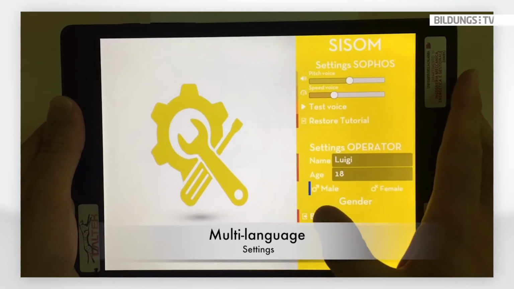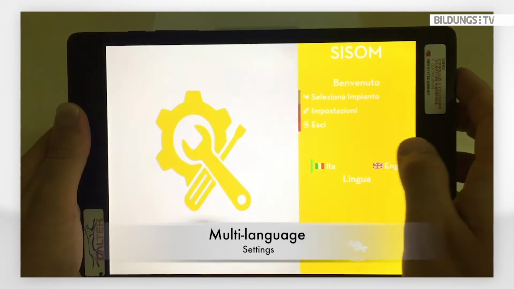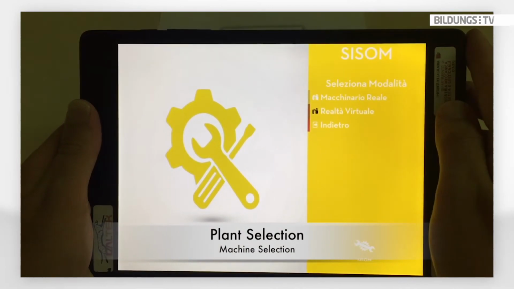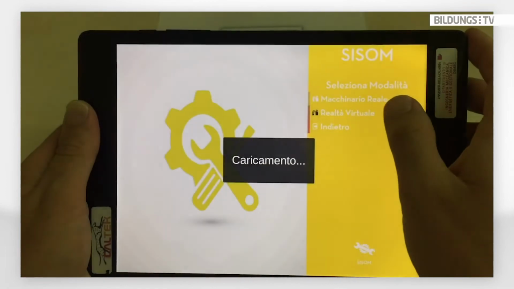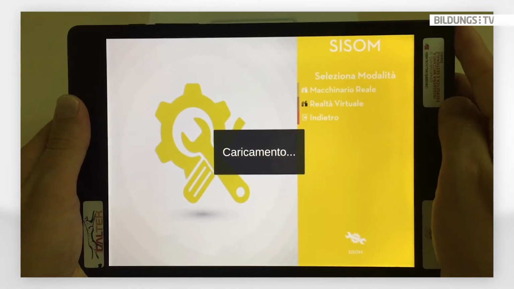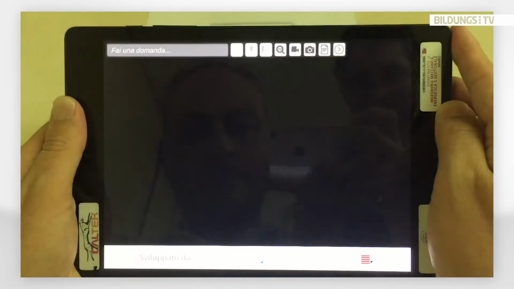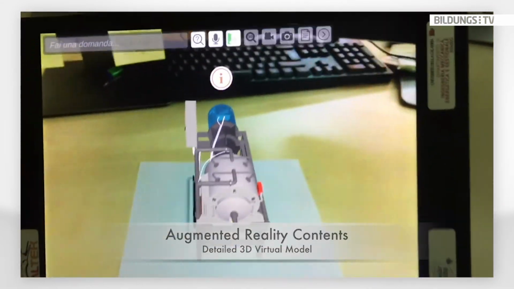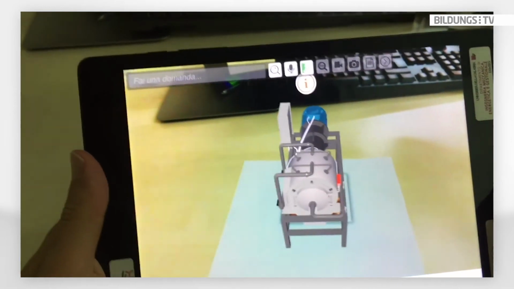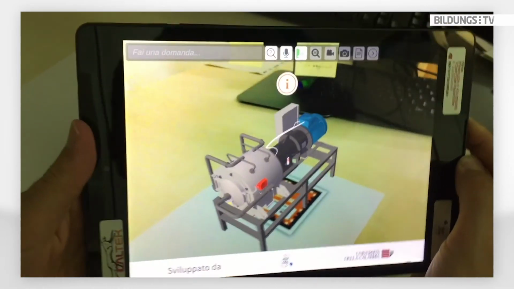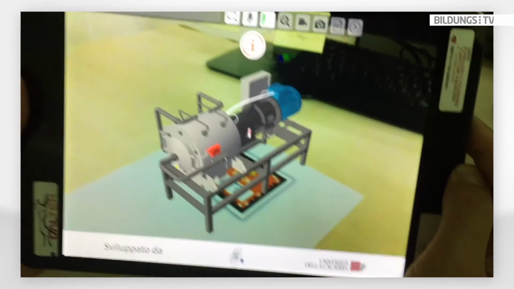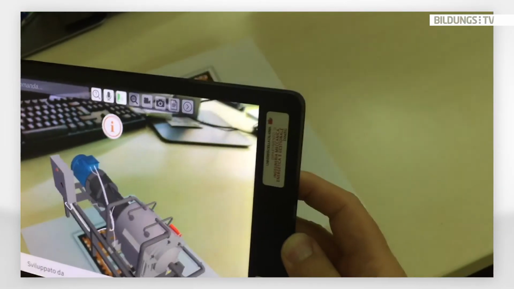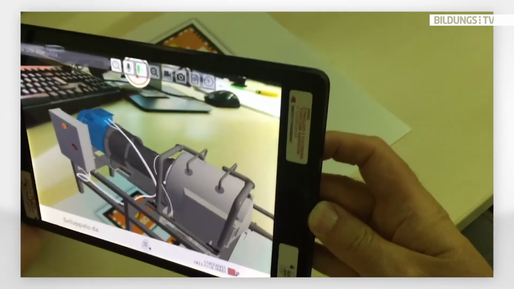Okay, now you can see that on the desk the machine will appear. So we are using augmented reality. We can look at the machine from different points of view. We can understand the different components. We can go closer or farther, as well as we can, for instance, access the virtual 3D models of the machine in order to zoom in, zoom out, or to see how the machine is made, or to execute some maintenance operation. So, for instance, we can start some interactive procedure in order to replace some component.